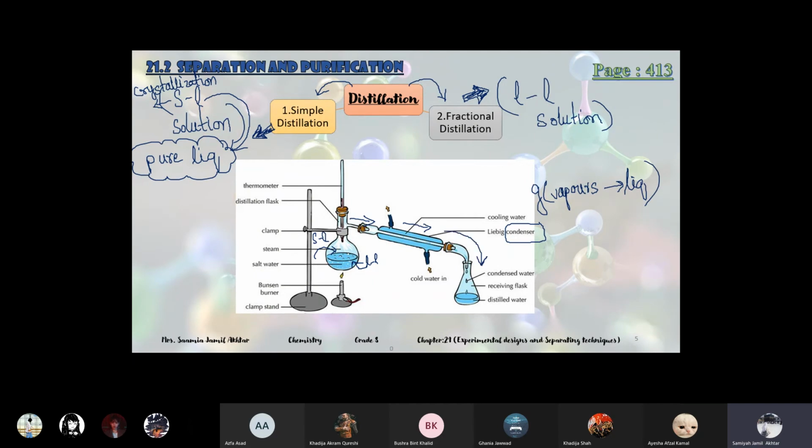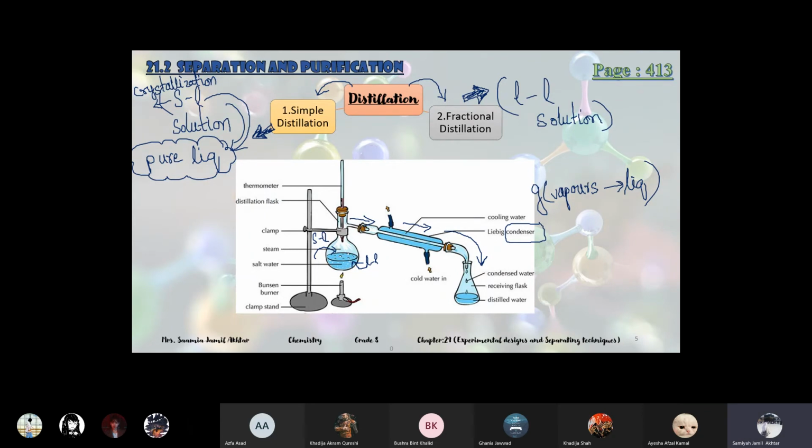In this way we will separate the pure liquid. It will evaporate according to its boiling point, and as it is closed from the top, it will enter into the condenser and condense into liquid.